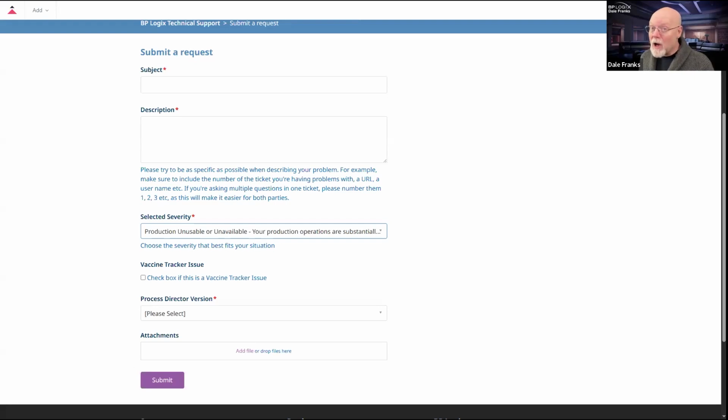Either you log in and nothing happens and it spins forever, or you can't log in, or you try to log in and it says that server doesn't exist, or HTTP 500 error, whatever it may be. This severity level means that my production system, and I stress my production system, is inaccessible to my users.